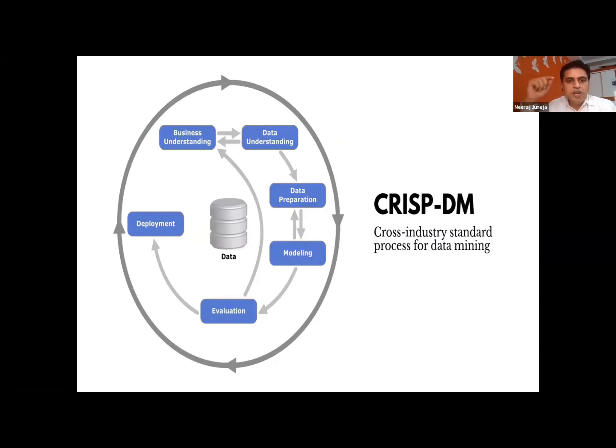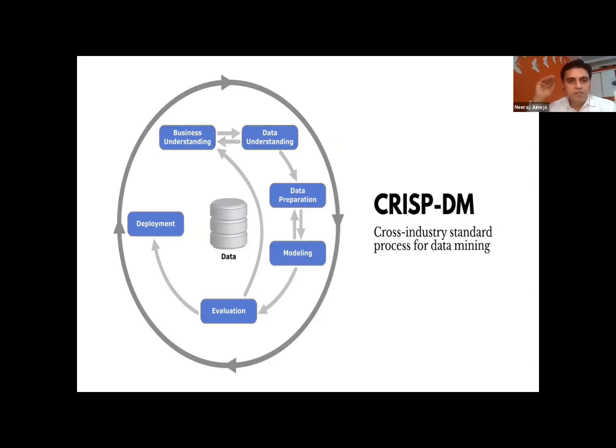And afterwards, we need to prepare a fine-tuned model, right? So modeling comes after data preparation, because this data will be fed to our model. And once we create a model, our job is to evaluate that model and fine tune it as and when required, because the model might not be giving us the right predictions what we want. So our job is to keep on evaluating this model and keep on refining it unless and until we are ready with the right kind of model which can be straight away deployed